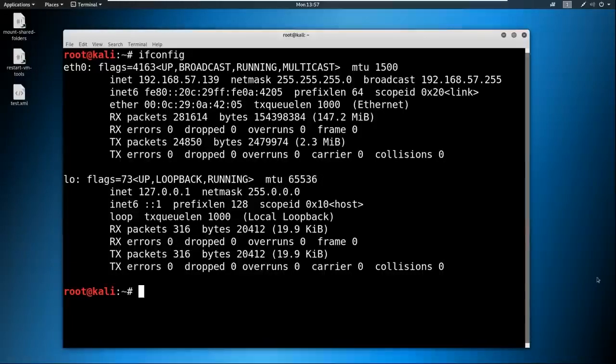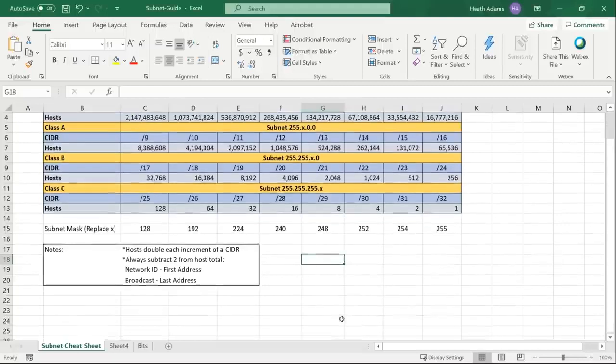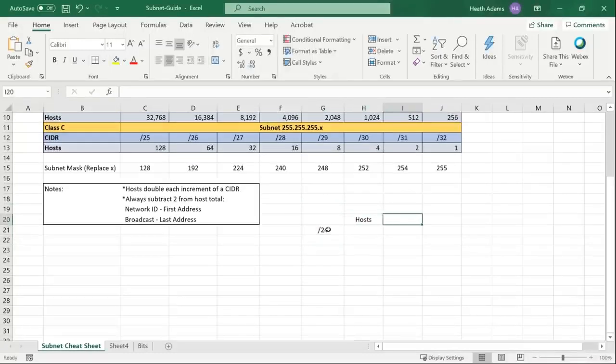So if we were to say something along the lines of, let's go back to this Excel document, and we were to say something along the lines of this. Let's say that we have a /24 network, and we want to know how many hosts, what our network ID is, and what our broadcast IP is, okay? We'll say it's a /24, and the IP starts with